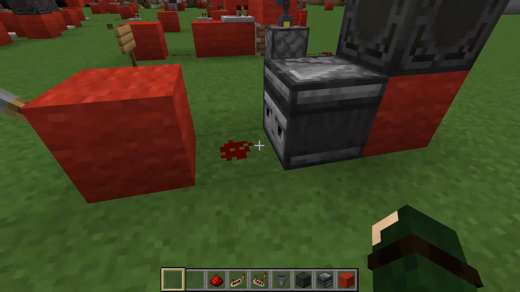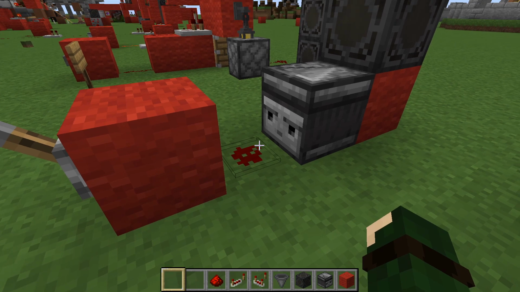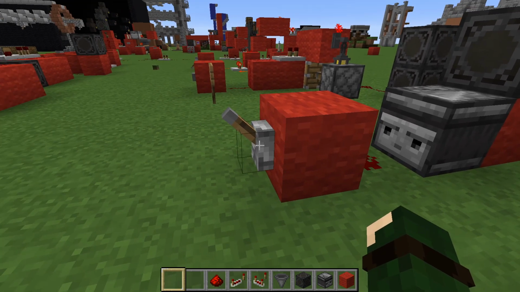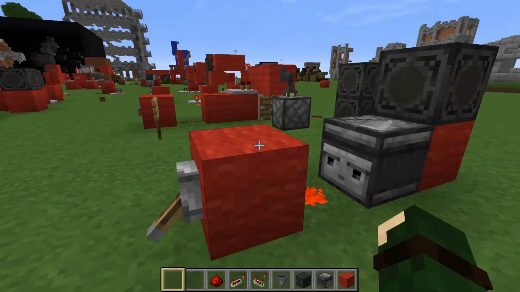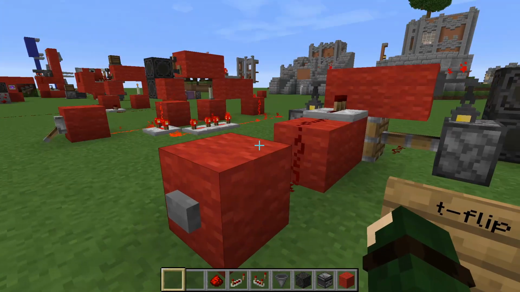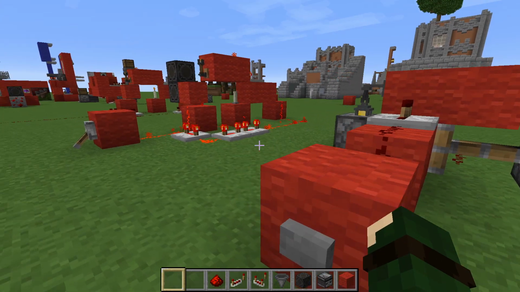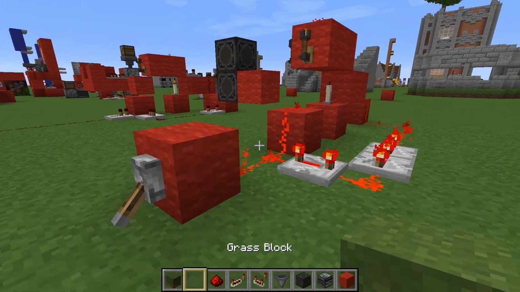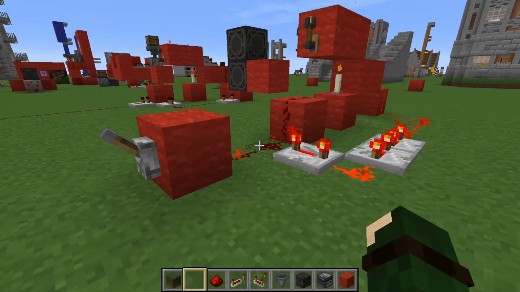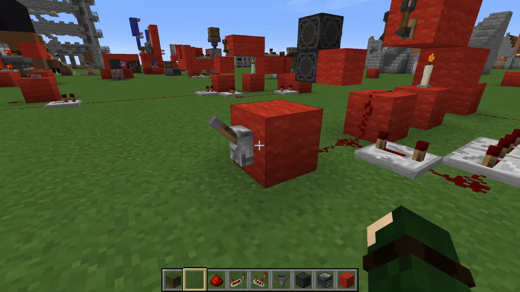We just use one observer and it looks at a piece of redstone. That's it. Can you believe that? So here we go. We flip the lever and it just pulses it. The crazy awesome thing about this is, in this circuit right here, what we had to do is unflip it to reset it to use it again.